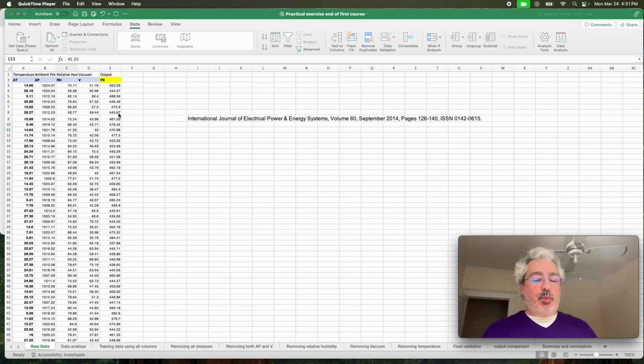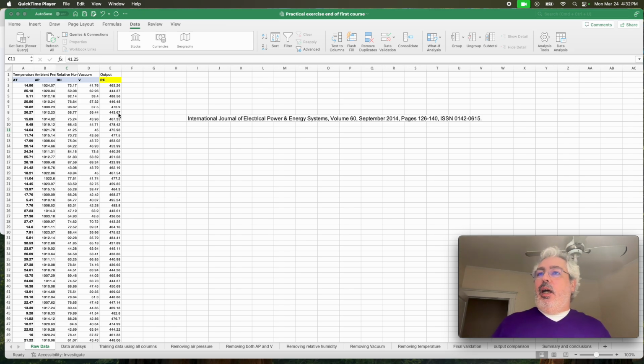In this exercise, we were asked to take a CSV file containing give or take 10,000 rows with 4 features on it: temperature, ambient pressure, relative humidity, and vacuum, and one outcome that is the power plant productivity for those given circumstances. So what I did at first, since I don't know anything about